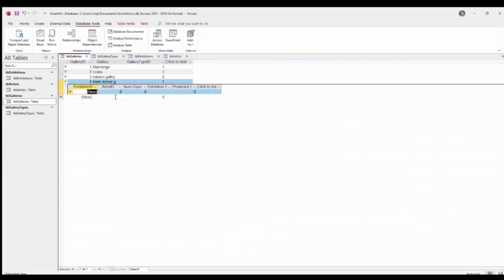Probably want to do from the top level would be to go, you know, like we put in artist ID. We've got 4 artists in there now, so we're gonna add number of days 23. We're gonna add select. This is gonna start now, and the predicted sales will be 20,000. If I then click save, go to the